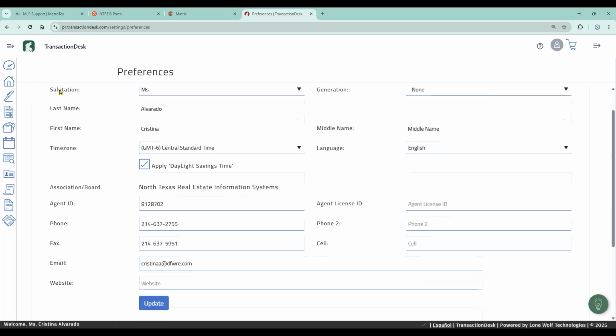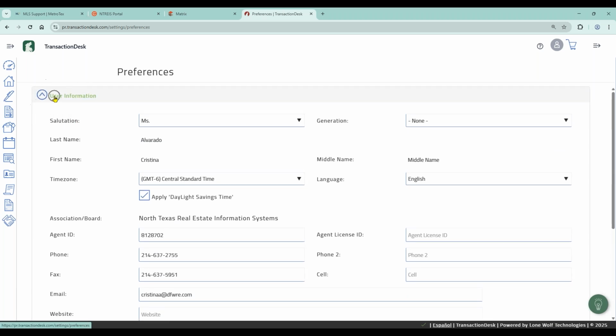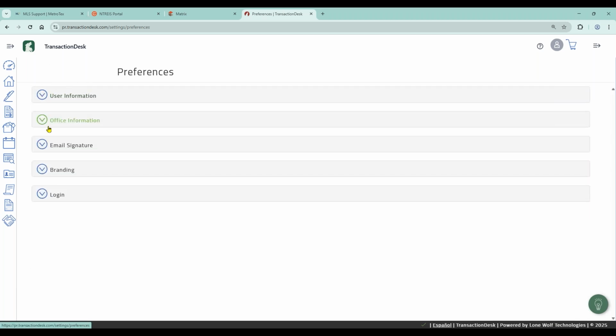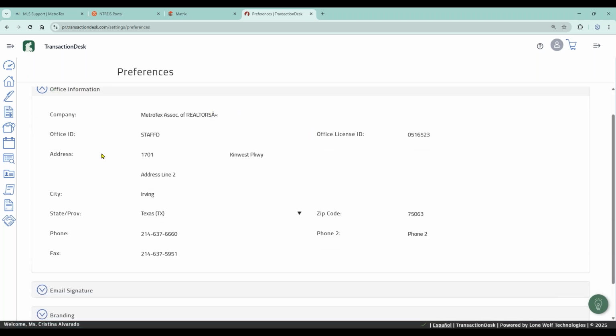All right. Okay, so let me go ahead and collapse that user information section. Let's look at the office information. Now, this one is not editable. You cannot change your office information. If you need to change offices, that is going to